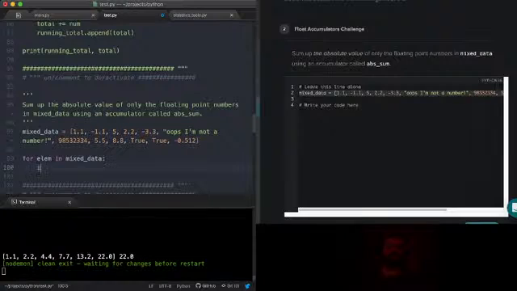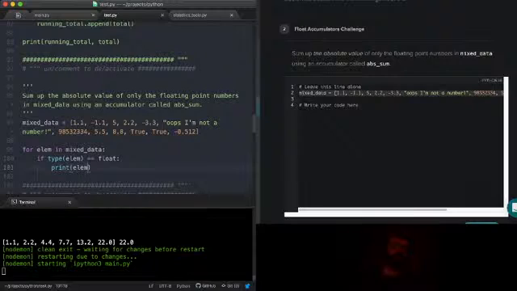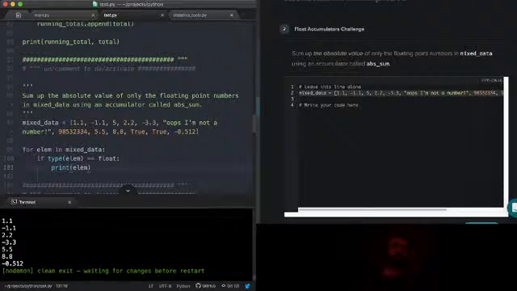If type LM equal to float, let's just print LM, and then let's see if we can print all positive versions of LM, and then we know that that'll be the thing. Okay, so 1 and 1.1. Okay, so if I say LM squared to the 1 over 2,